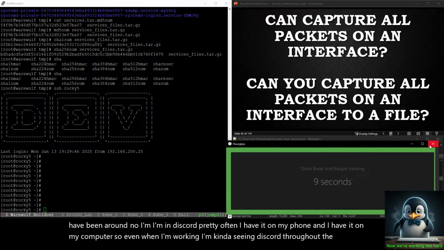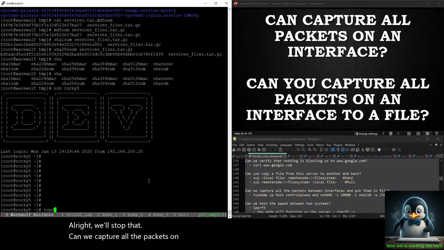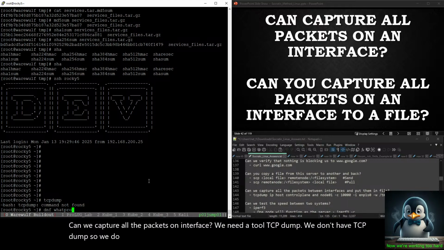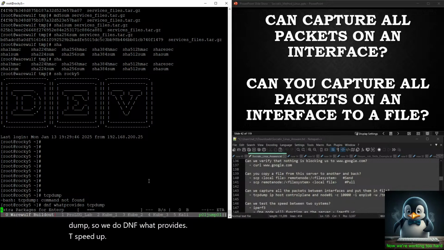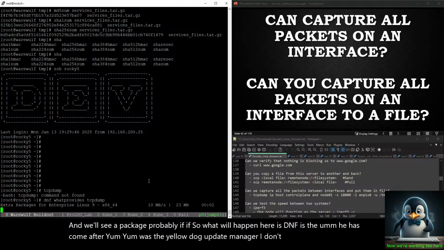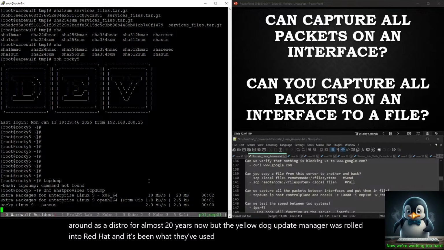So, all right, we'll stop that. Can we capture all the packets on an interface? We need a tool, tcpdump. We don't have tcpdump, so we do dnf provides tcpdump, and we'll see a package probably. DNF came after yum. Yum was the Yellow Dog Updater, Modified. I don't think Yellow Dog's been around as a distro for almost 20 years now. But the Yellow Dog updater was rolled into Red Hat, and it's what they've used. But now they're moving over into